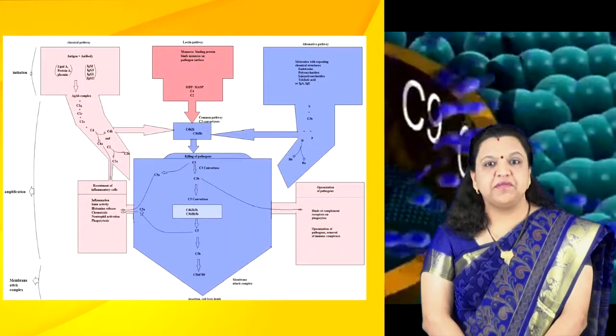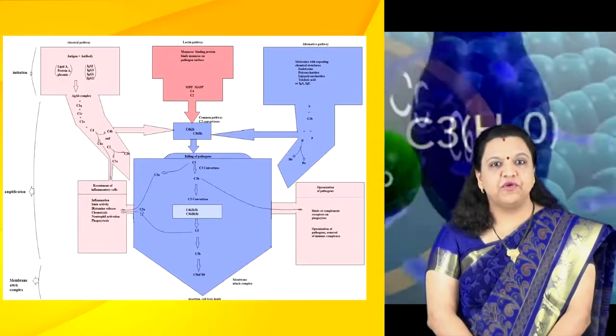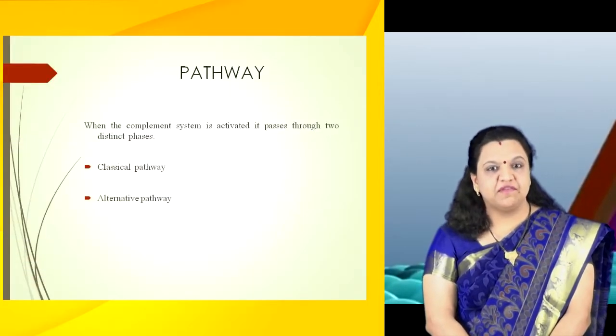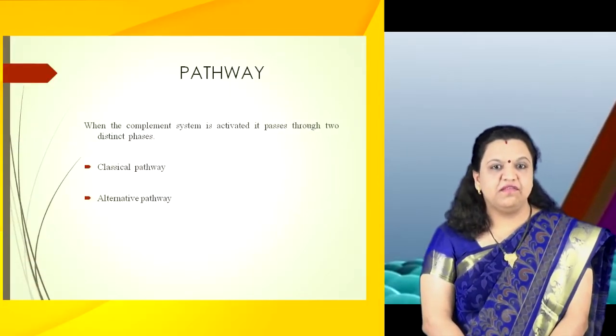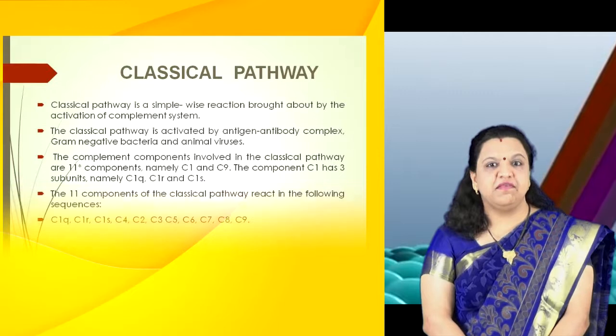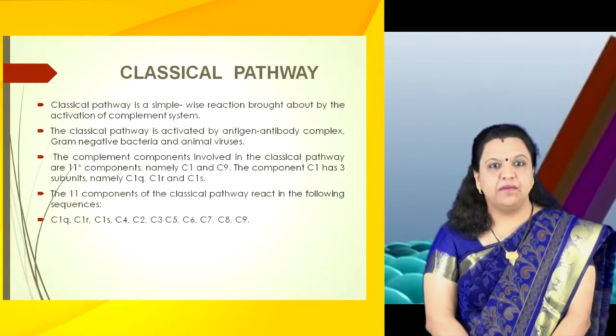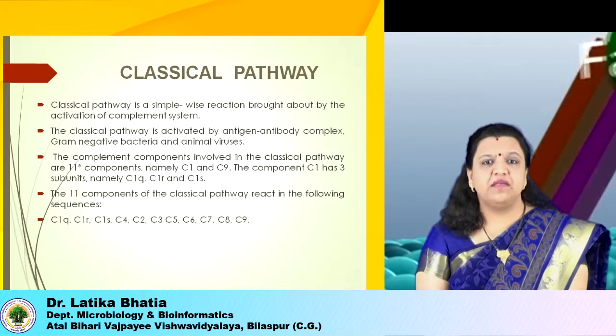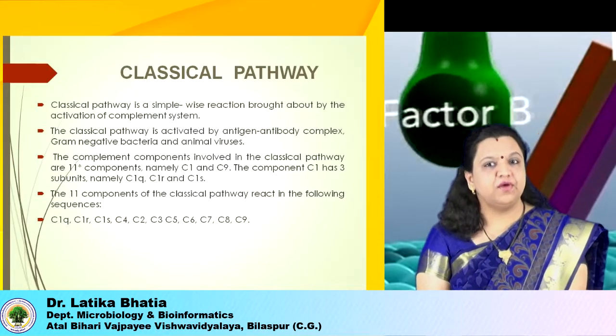When the complement system is activated, it passes through two distinct pathways. First is the classical pathway and second is the alternative pathway. Now let's talk about the first pathway, that is the classical pathway. The classical pathway is a simple reaction brought about by activation of the complement system. The classical pathway is activated by antigen-antibody complex,